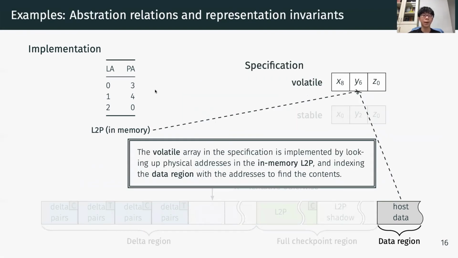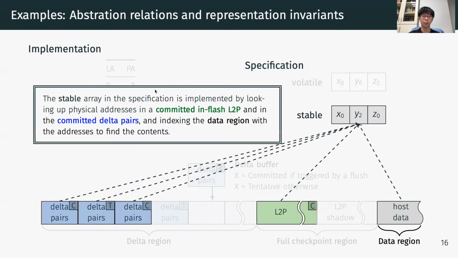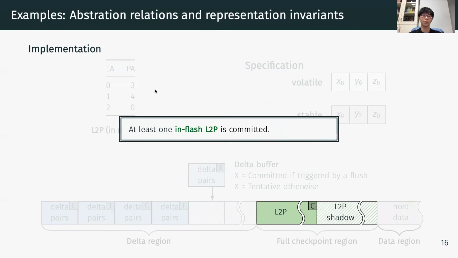For instance, a part of our abstraction relation says that the volatile array in the specification is implemented by looking up physical addresses in the in-memory L2P and indexing the data region with the addresses to find the content. It also says that the stable array is implemented similarly to the volatile array, except this time the physical addresses are taken from the stable L2P, which, as mentioned earlier, is represented by a committed in-flash L2P and all committed delta pairs. For the representation invariant,